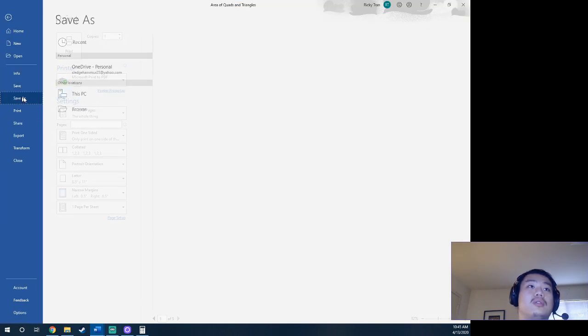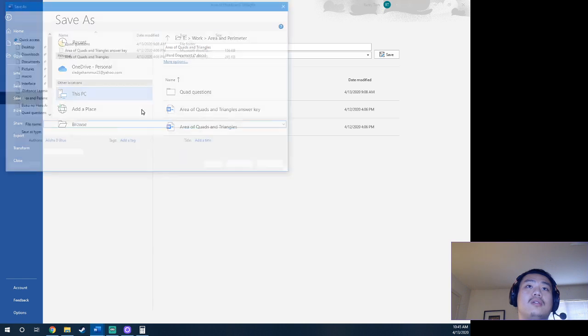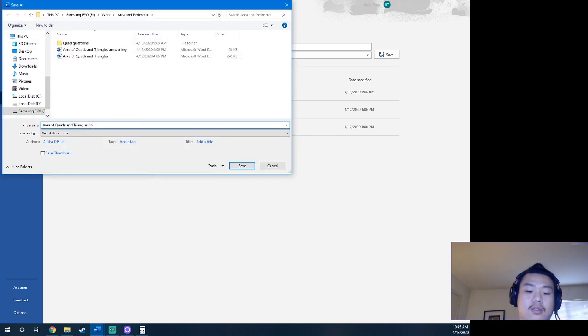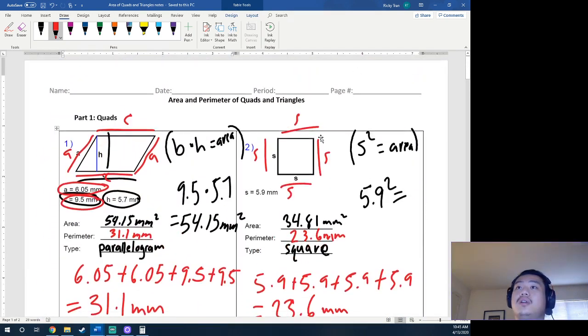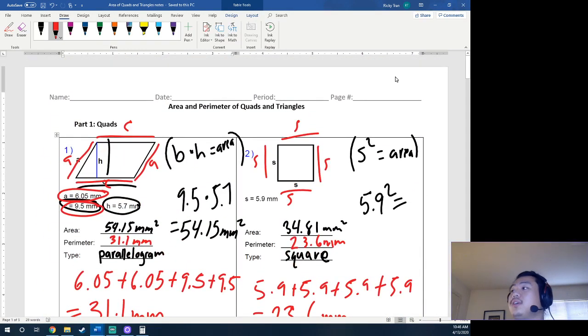Oops, not print. Save as. Okay, I'm going to save these as notes. I'm going to post these onto Schoology right after this, because I apparently forgot to last Wednesday. That was a mistake on my behalf. I forgot to post them. I didn't post them until Friday. I'm going to post it after I end today's live stream, and be good. All right, if you have questions, I will be